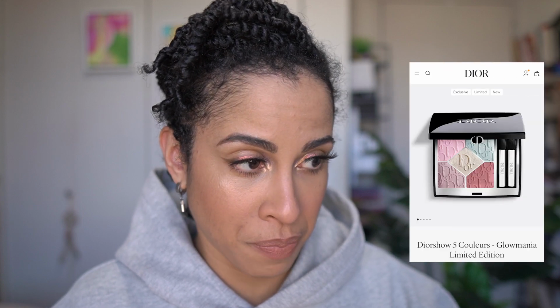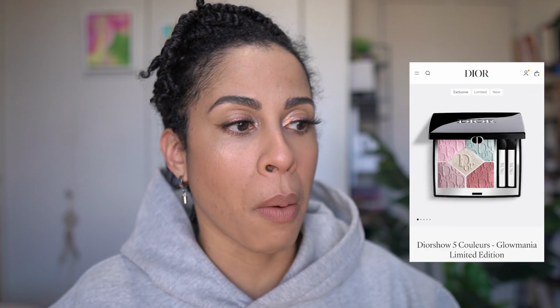You'll have to be careful with what type of powder you use and what brush you use to apply that cocktail with. But that's why I'm leaning more towards the Glow Maximizer and Lilac, and we'll let Lilac Mania go. Remove. Now we're off to the Dior Show 5 Couleurs in the limited edition 812 Pink Mania and 623 Peach